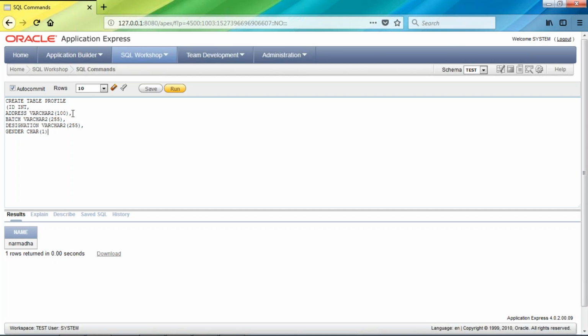It's female or male, M or F, because I am going to specify only a single character, either M or F. So I am just giving char of 1. So this is my